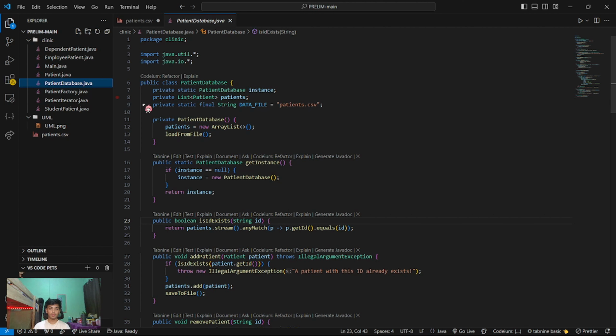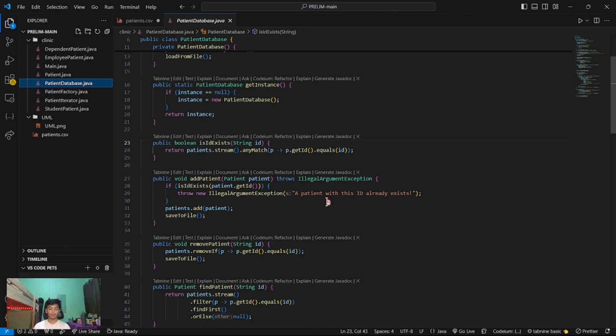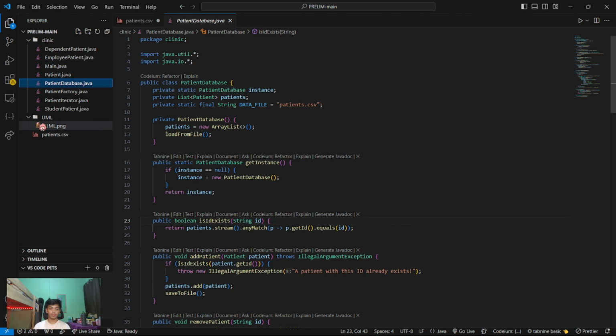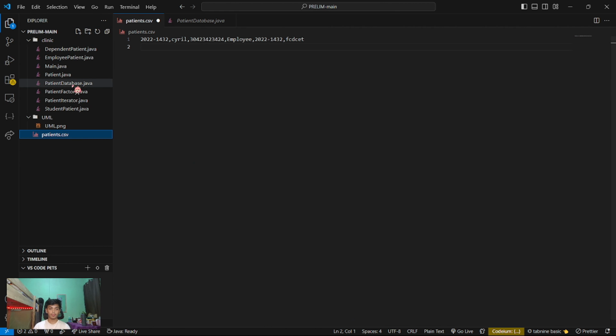So in the fifth one, in my patient database.java here, I have a method that loads and reads the file, patient CSV, and I have a method here that saves to file and writes the input of the user in the patient CSV.